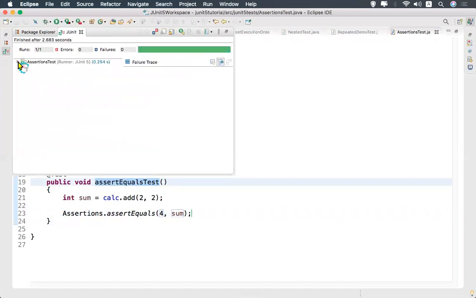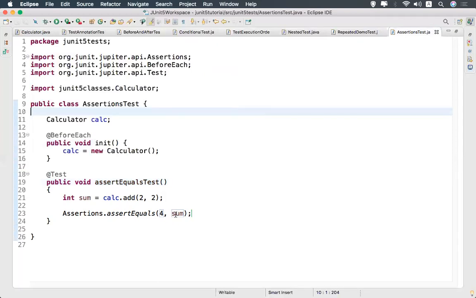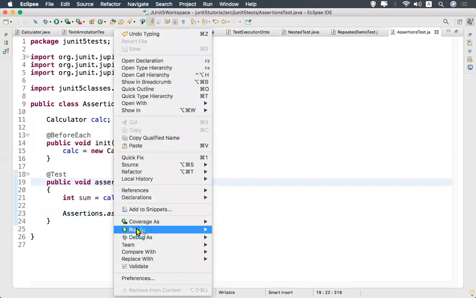You see here, the assertEqualsTest passed. If it passes, you will not get anything. Run 1 of 1, error 0, failure 0. But what happens when I'm giving wrong information? I'm expecting 2, but I'm getting 4. In that scenario, what happens? I'll execute the same test again.